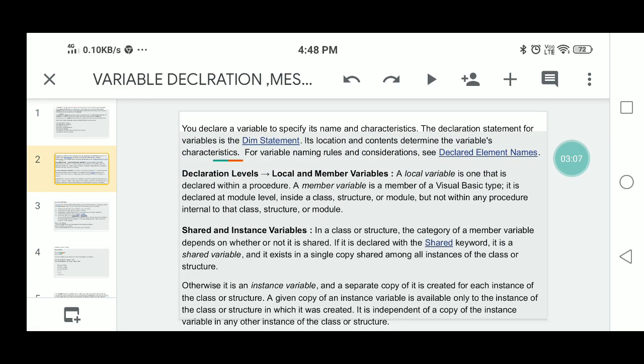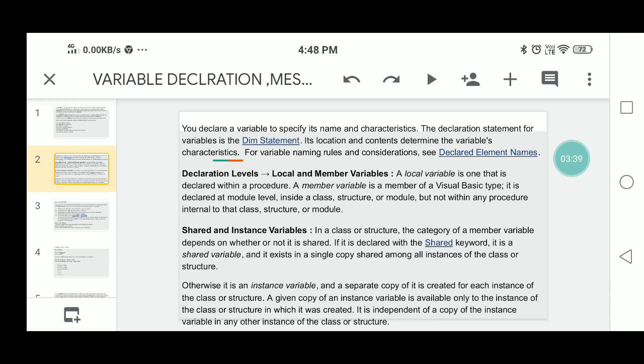Then next, you declare a variable to specify its name and also characteristics. When you declare a variable in your program, it specifies the name and characteristics of the data. The declaration statement for variables is the Dim statement, so you can declare a variable with the Dim keyword.